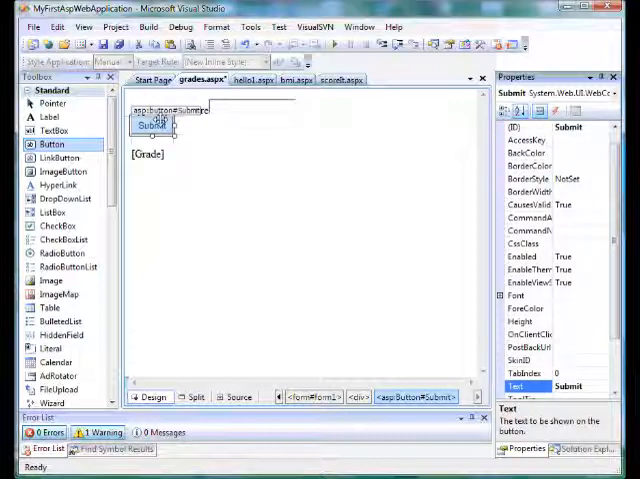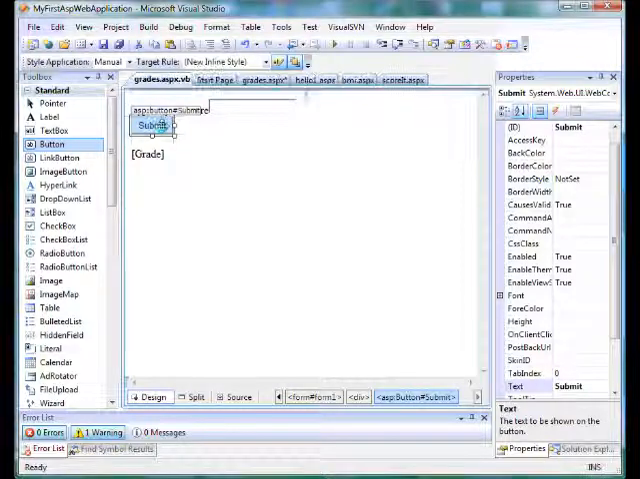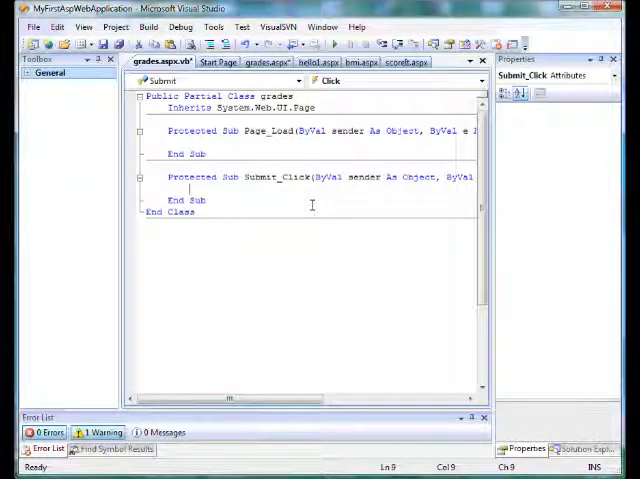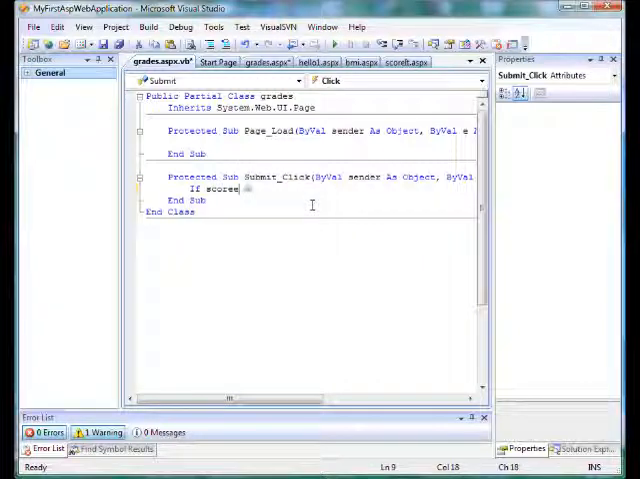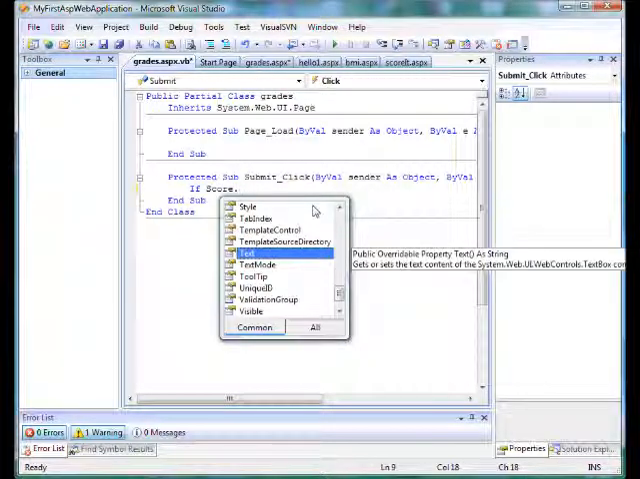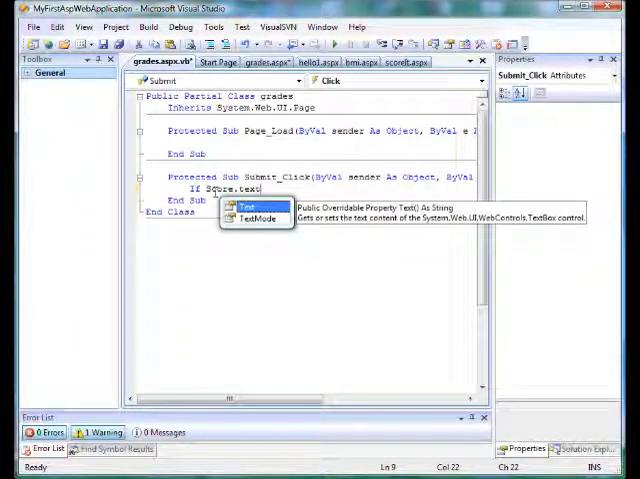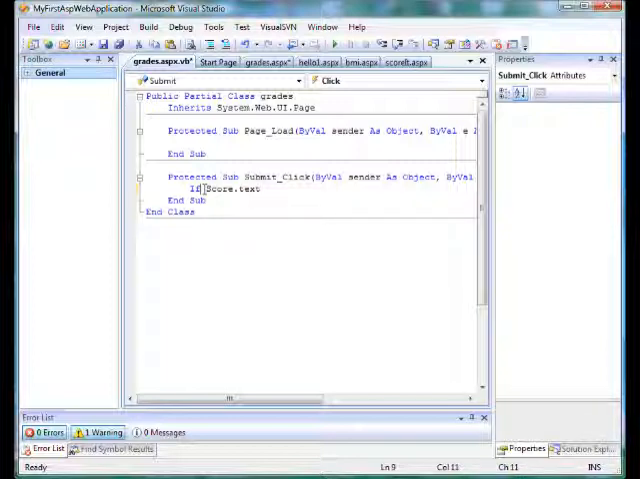Okay, and now having done that, I can press return, and I can now get in the submit click. I can put in some code. So if, no, it's called grade, isn't it, our text box? No, it's not, it's called score. If score.text, but remember we have to turn it into an integer, so let's make it if CInt(score.text) is greater than 50, then